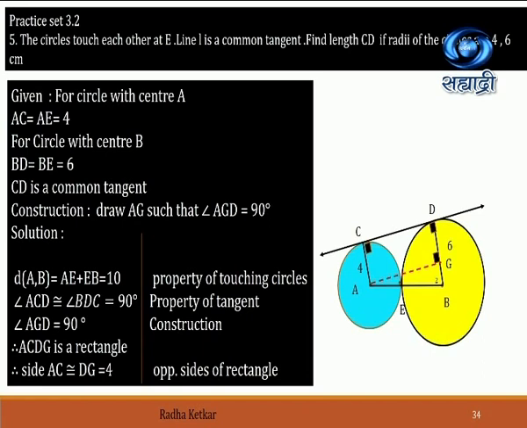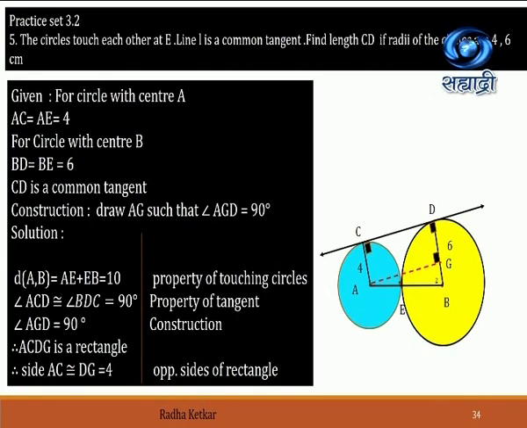So you can see here ACDG is a quadrilateral which is formed. So what type of quadrilateral is this going to be? You can see 3 angles of 90 degrees are already seen in the figure, right? Out of these three angles, two are 90 because the tangent is perpendicular to the radius, and the third one is our construction. So the remaining angle CAG will also be 90 degrees, right? Because that is the remaining angle of the quadrilateral. So this is going to give us a shape which is nothing but a rectangle.